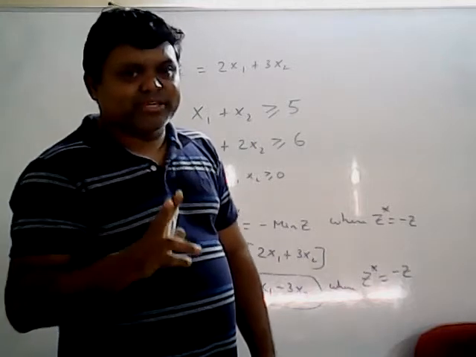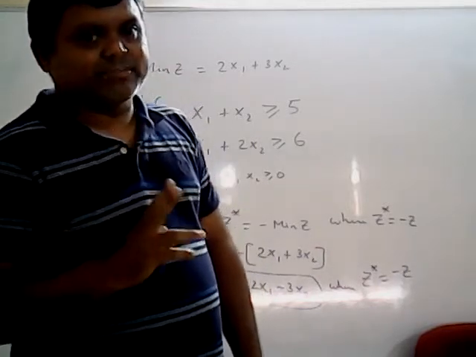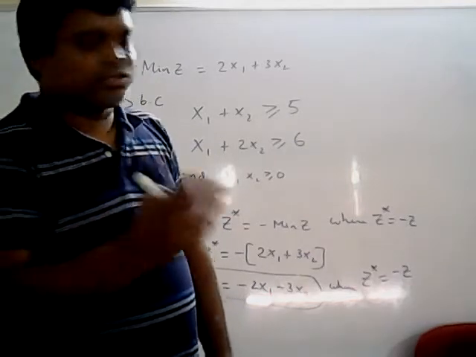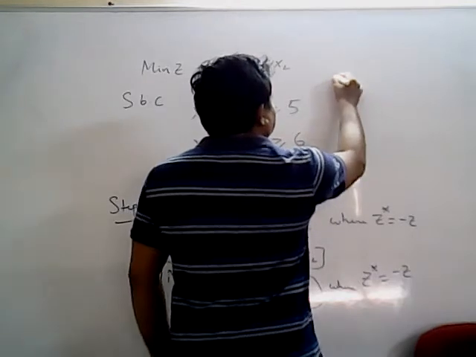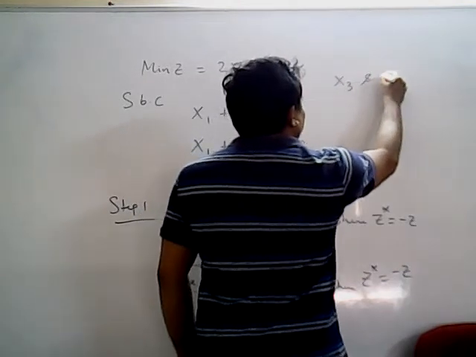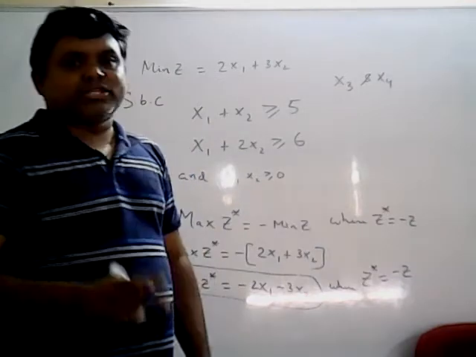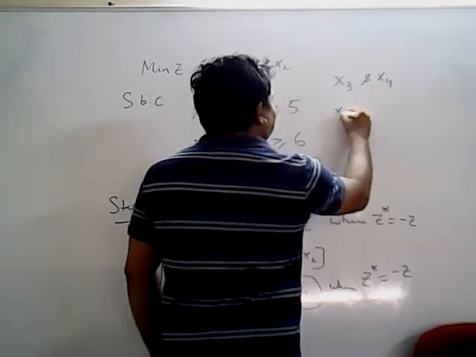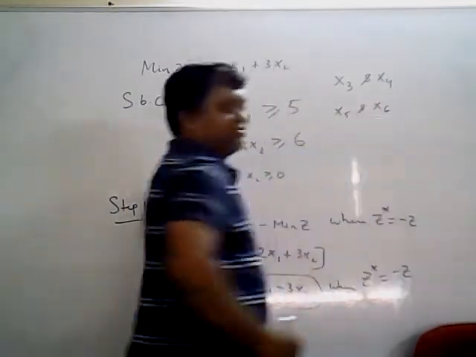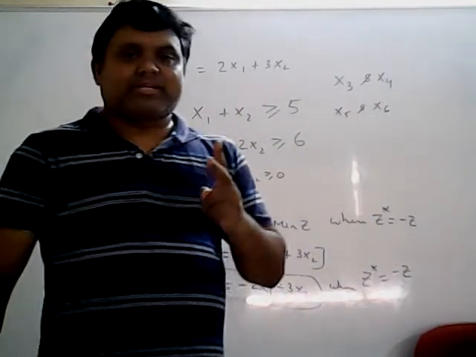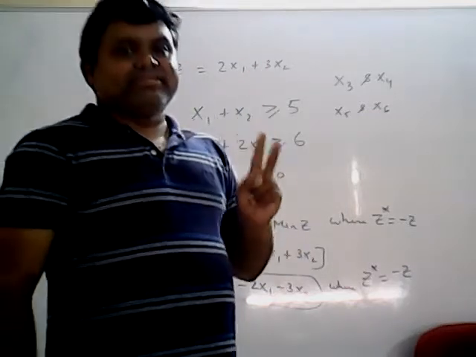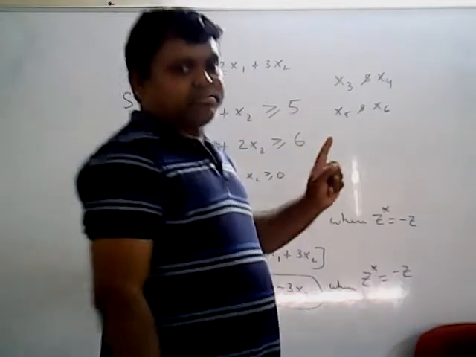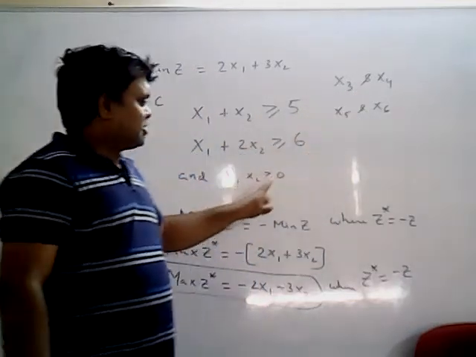Whenever surplus variables are used, you require artificial variables. That means how many artificial variables are required? Two, because two surplus variables x3 and x4 are used. x5 and x6 are the artificial variables. So the total number of variables required is 4, and the original problem's 2 are completed.